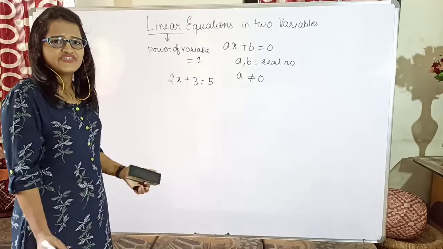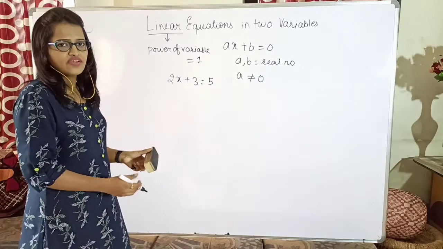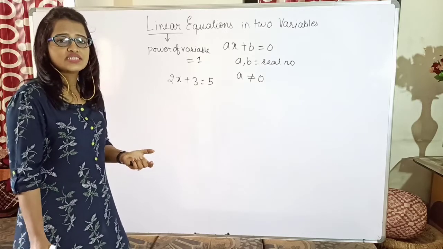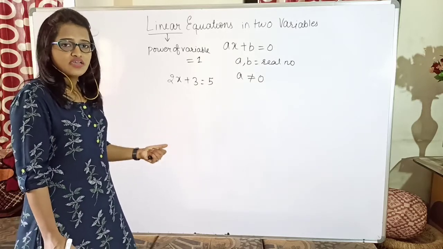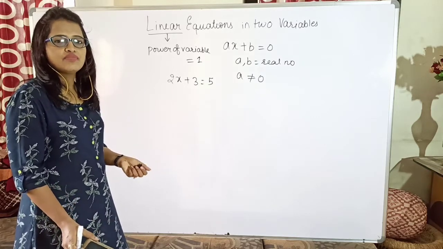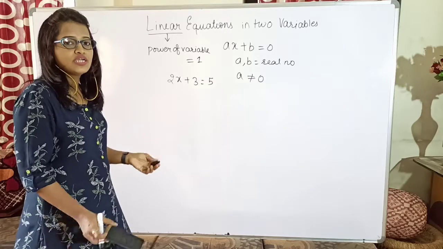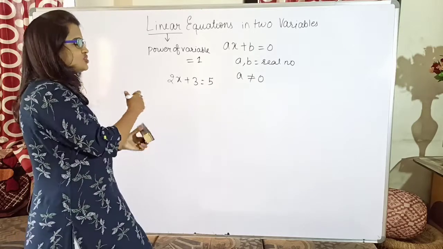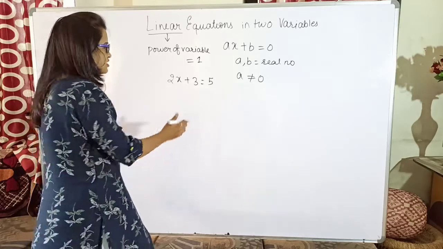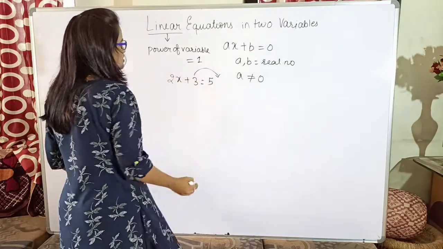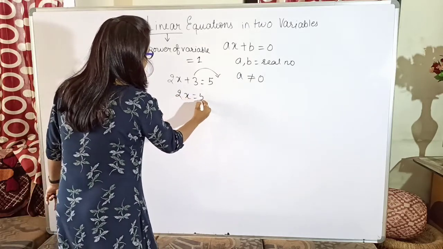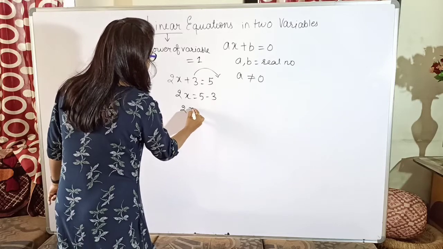Yes, now what are the different ways of solving any equation? As I have told you, the first one would be adding or subtracting the same number on both sides, which will never change the value of the equation, or multiplying or dividing by the same number on both sides. And the second one was transposing. Transposing means shifting the numbers, just keeping the variable on one side and all the constants on the other side. So if I shift this 3 to the other side, here it is an addition. After going to the other side, it will go in subtraction. So it will give me 5 minus 3, wherein 2x equal to 2.